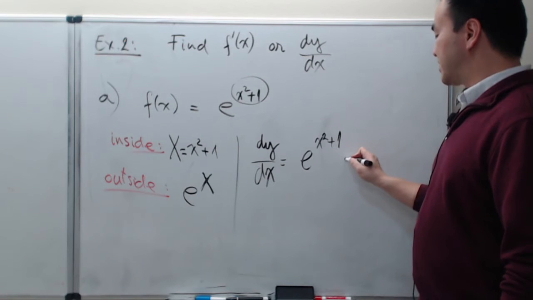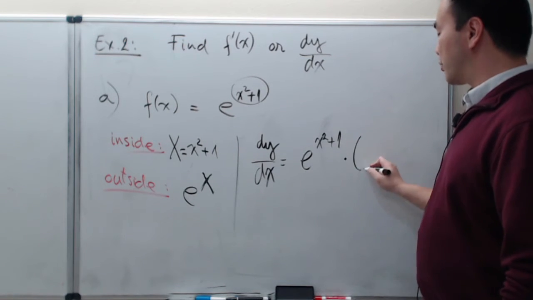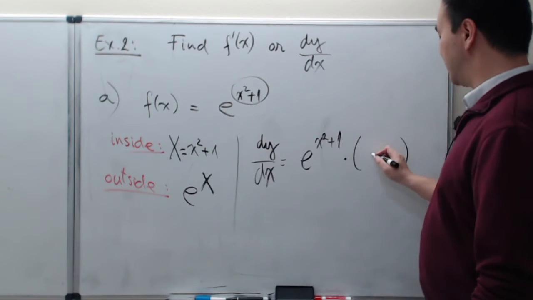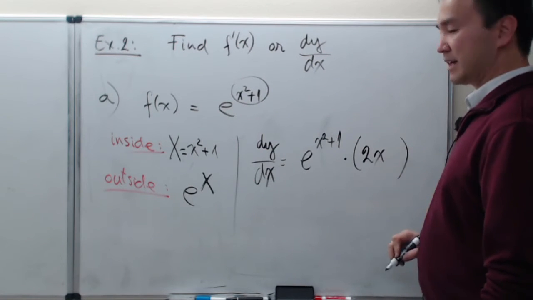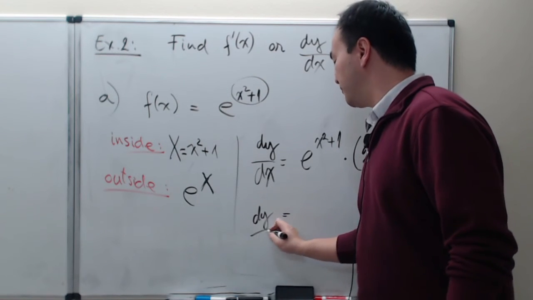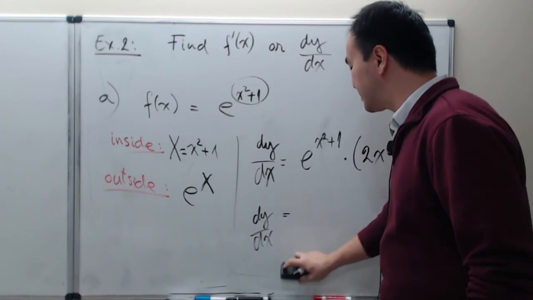But now the chain rule says further, we need to multiply with the derivative of the inside. This inside function is here. So it's going to be simply 2x. So now we are at our, and it's quite simplified already. So our final dy/dx is,